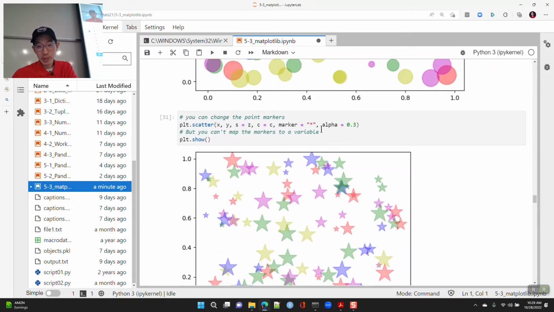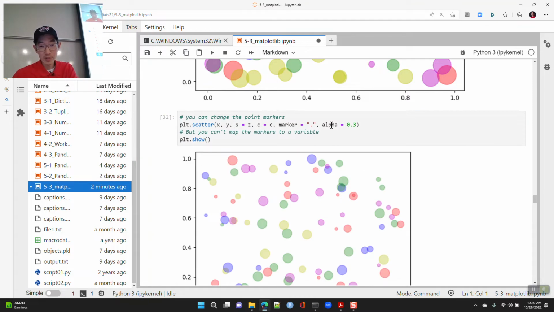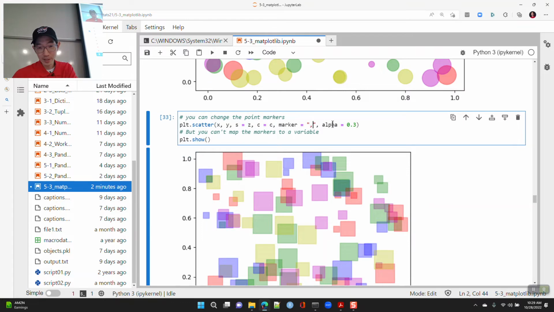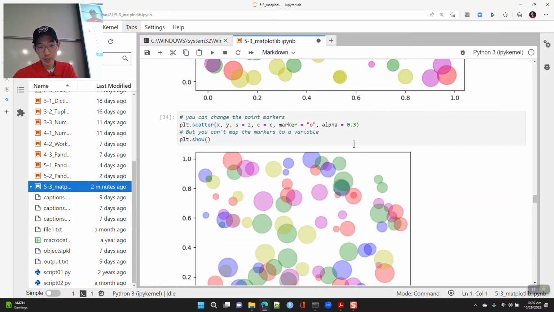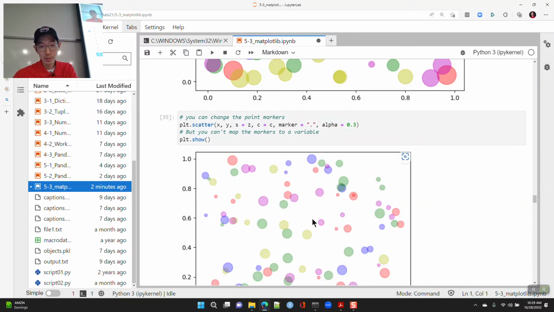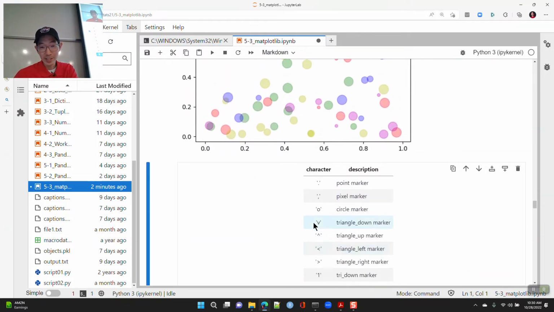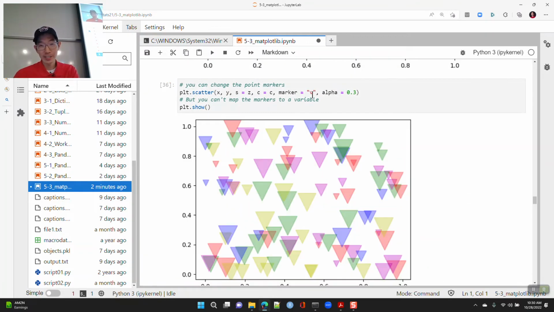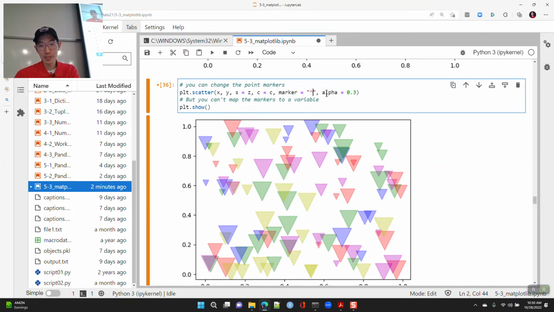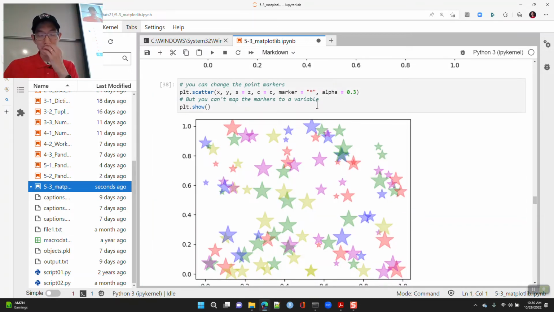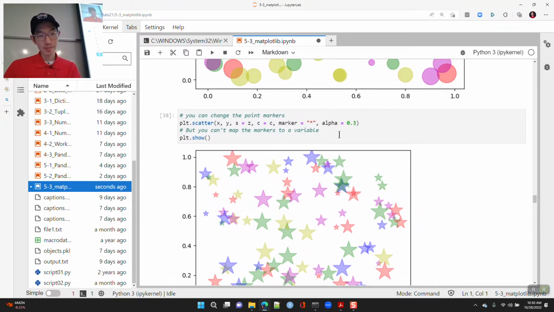The point marker is this, the pixel marker is the square, and then there's the circle marker. The point marker is just smaller than the circle marker. And then you have triangle down and triangle up. So you can have all kinds of different markers here. But unfortunately, I don't think you can map the markers to a variable. I don't know, maybe? Let me see.